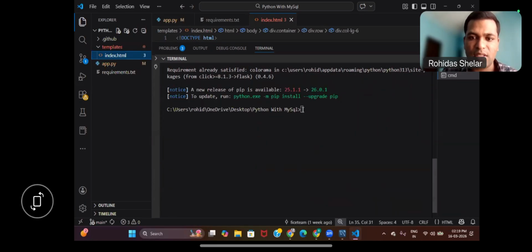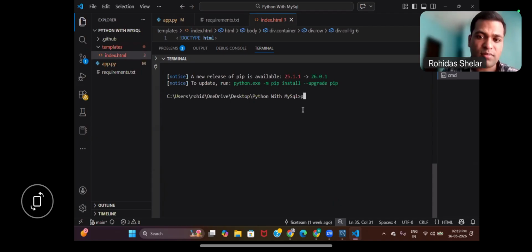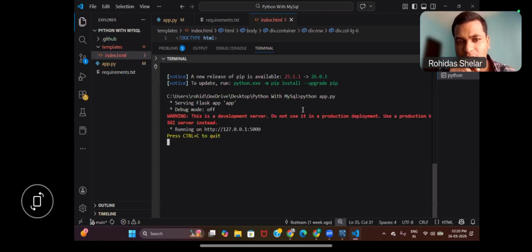Okay, I will run the server. So to run this server, basically you can write down python app.py. Now we have written python app.py. Now the page is successfully running. Here you can see